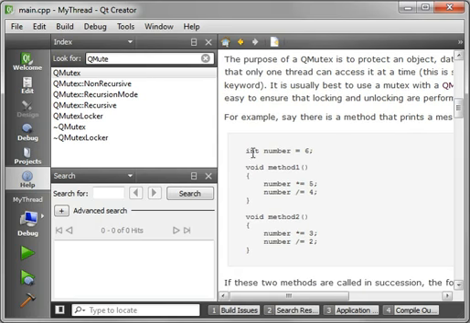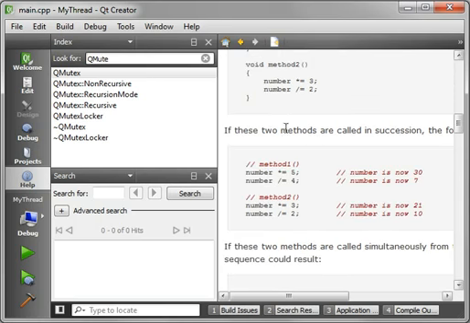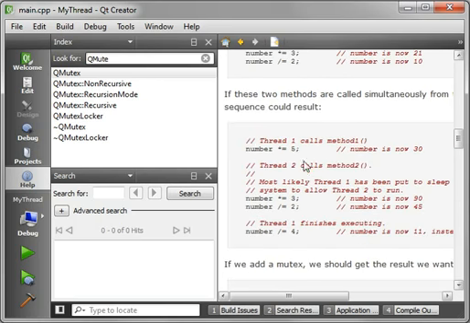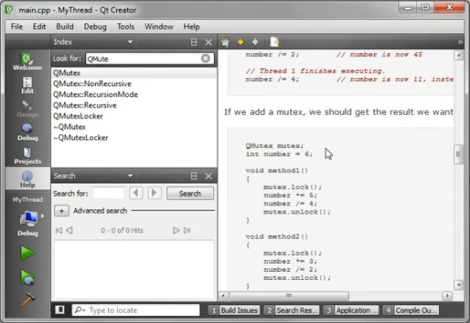And here's their example, int number 6, and then they go through this very lengthy process of explaining how threads will just mess these numbers all up and you get results you really don't want. And what you need to focus on is how to use QMutex. You understand why now. You create an instance of a mutex and you lock it. So QMutex lock. That says only this thread and this thread only can access this bit of code until you